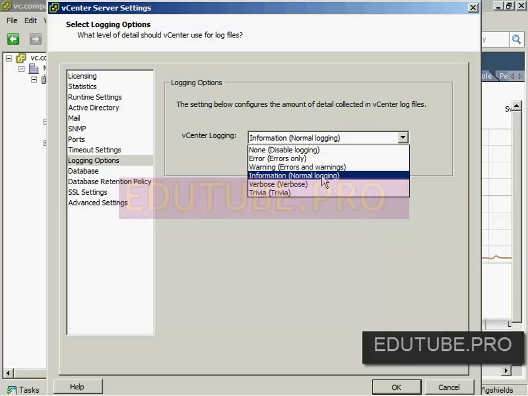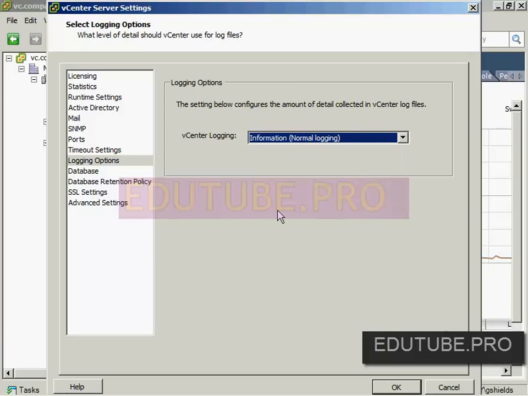By default, we're actually keeping a fairly decent amount of logging. It's all the way up to information level logging. If you get down into verbose and trivia, I will warn you that doing so can have a negative impact, because just keeping that verbose and trivia